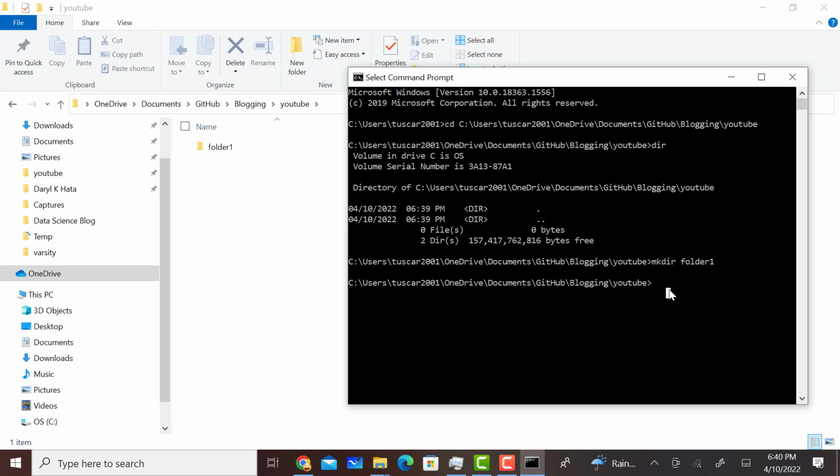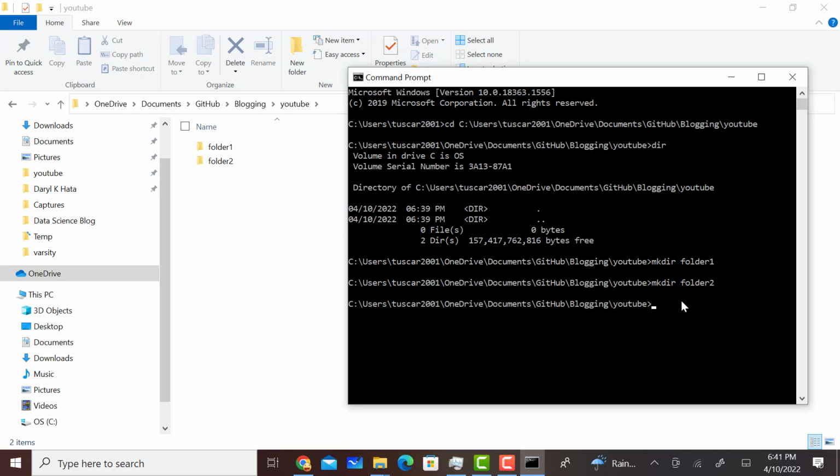So all I have to do is hit the up arrow on your keyboard, and right there it is going to give you the exact command that you launched previously. And then I'm just going to change 1 to 2, and here I am. When I launch it, I should be able to see the second folder being created instantly. All right, so we learned change directory and mkdir. By the way, the last command that I want to show you is how to